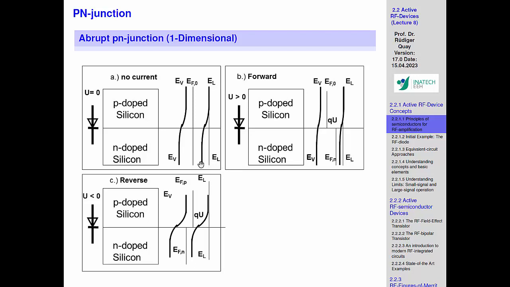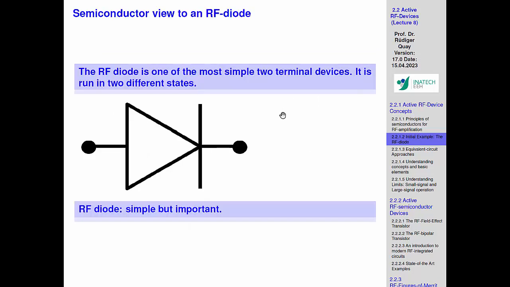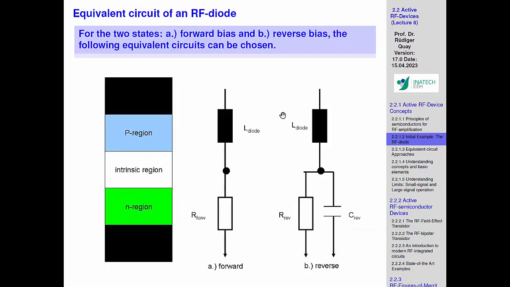So that's why it forms a diode, and you can favor, first of all, this extension of this zone. You can make it smaller or bigger just by the bias which you apply to both sides of the semiconductor. And again, this idea: why do we need this additional component? That has to do with the idea that